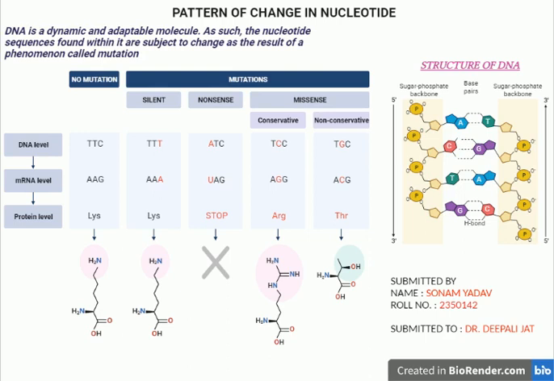Next one is sickle cell anemia. Sickle cell anemia is caused by a point mutation in the beta globin chain of hemoglobin, causing the hydrophilic amino acid glutamic acid to be replaced with the hydrophobic amino acid valine at the 6th position. The beta globin gene is found on the short arm of chromosome 11. The association of two wild type alpha globin subunits with two mutant beta globin subunits forms hemoglobin.